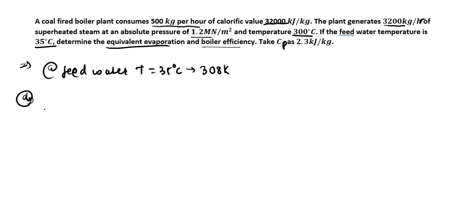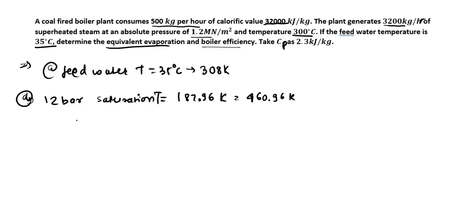If you do not have the value in the steam table, you can just calculate firstly at the saturation temperature at that same pressure, which is nothing but the 12 bar pressure we have in the question, and we have the saturation temperature. You can see your steam tables for this saturation temperature value. You will get it as 187.96. So the saturation temperature is this, and if you convert this into Kelvin, you will get 187.96 plus 273 as 460.96